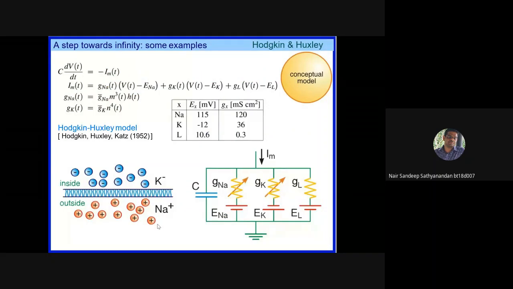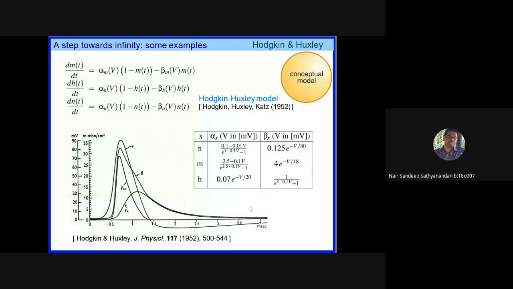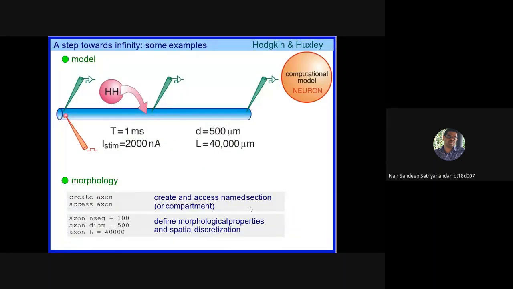These are the equations that you solve for the Hodgkin-Huxley model, and this is how the electrical equivalent circuit, the conceptual model, is formed. This is the conceptual model again, so we will not go into the details of this one, which is already covered while doing the Hodgkin-Huxley model. In fact, you have done an assignment on this one also. Now this is how the basic interface of the commands looks, which we will see in the demo.